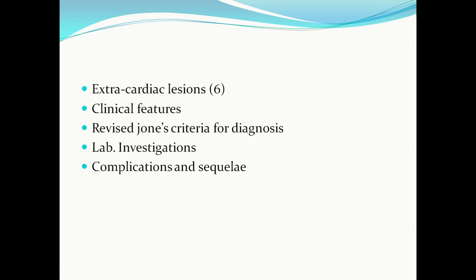If you see the clinical features, there are system-wise clinical features. The revised Jones criteria is again divided into major and minor criteria, because no single test is characteristic or confirmed to diagnose a case of rheumatic fever. So the revised Jones criteria was developed, in which there is a major criteria with 5 headings, system-wise, and minor criteria, which involves laboratory findings and clinical findings. In laboratory findings, the most significant test is the anti-streptolysin O antibody titer.